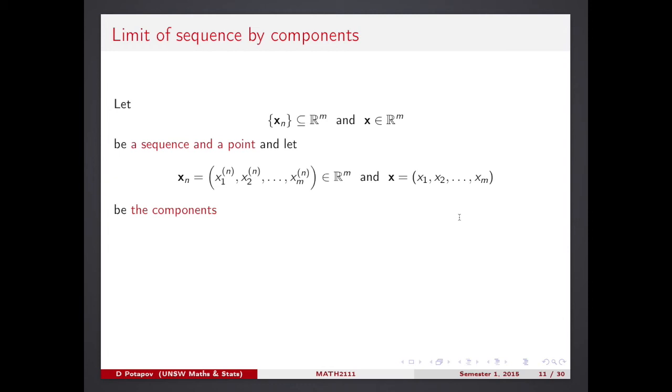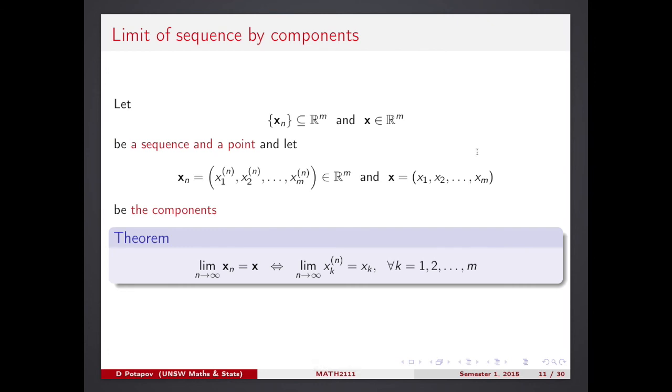Right. So what does it say? It says this: if you have a sequence of, again, vectors in m-dimensional space, you see I need to use m for dimension because n I use as an index of my sequence. It's a typo, I made one typo about that already. If your sequence is given by components, and on this occasion I have to use double indices for the components. You see I use the lower index for dimension index and upper index in brackets for the sequence index. And if your limiting point has the components like that, the theorem says